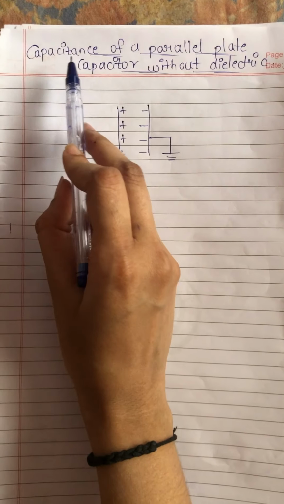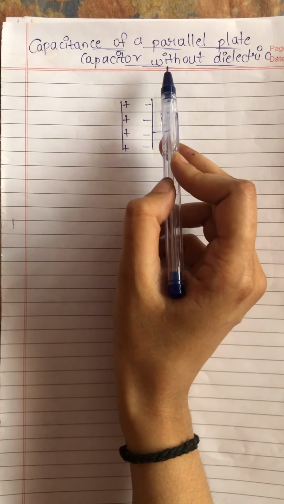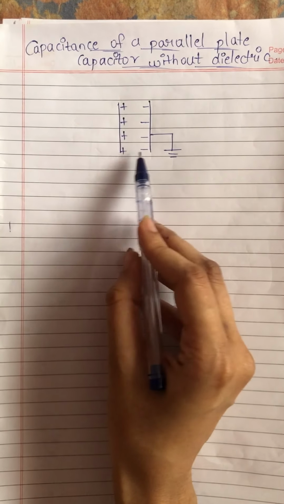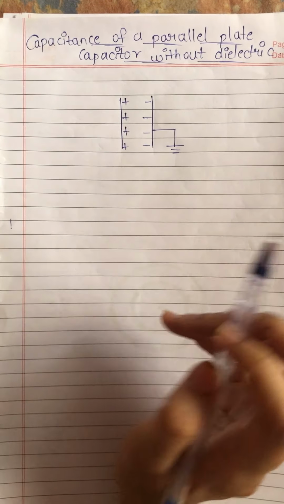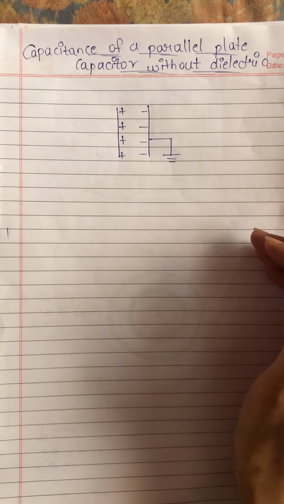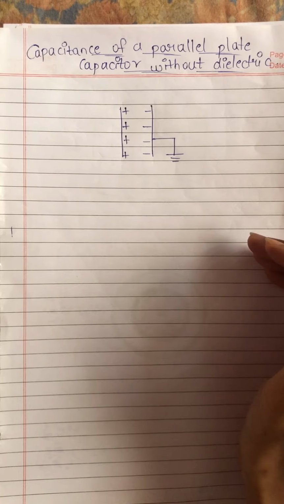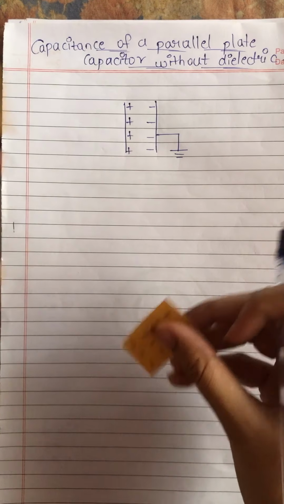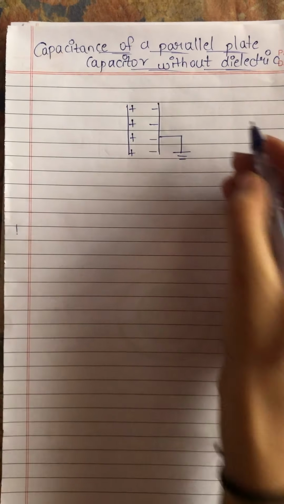Here we will be finding the capacitance of a parallel plate capacitor without dielectric, means there will be no dielectric kept between the plates. Without dielectric means an insulating material can be kept, like air, paper, mica, glass. Okay, the area of these two plates, the area of this plate is A, the area of this plate is A. So we'll write,